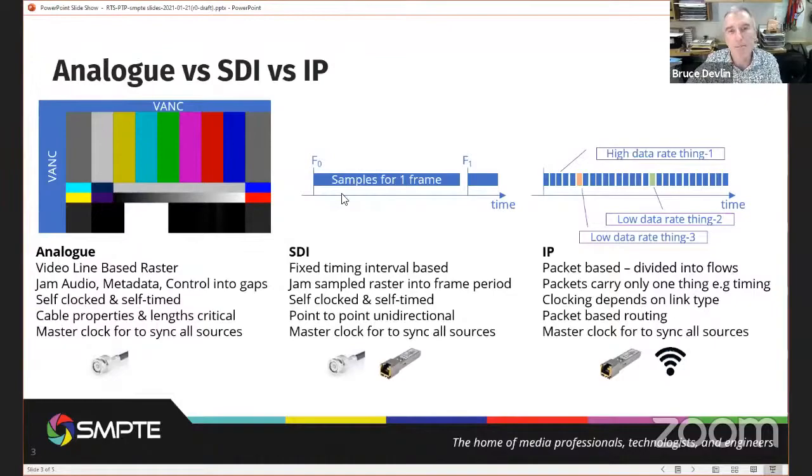And over time, we ended up having effectively the frame-based heartbeat carrying on the piece of cable. The piece of cable, for various compatibility reasons, was very often still a bit of coax, but it might have been a fiber over an SFP. We jammed different rasters into that timing interval, but by and large, we were still a frame-based timing interval with a raster on it to jam all the metadata in there as best you can.